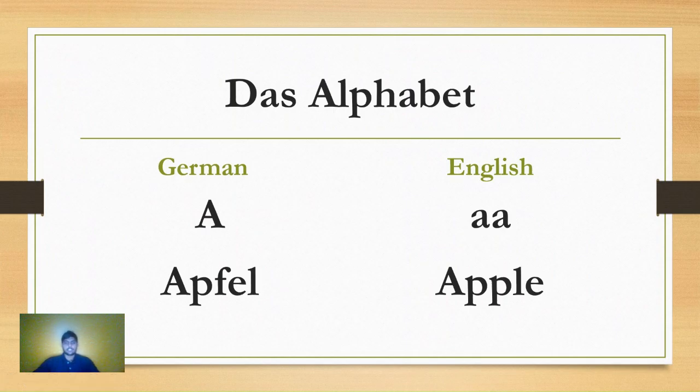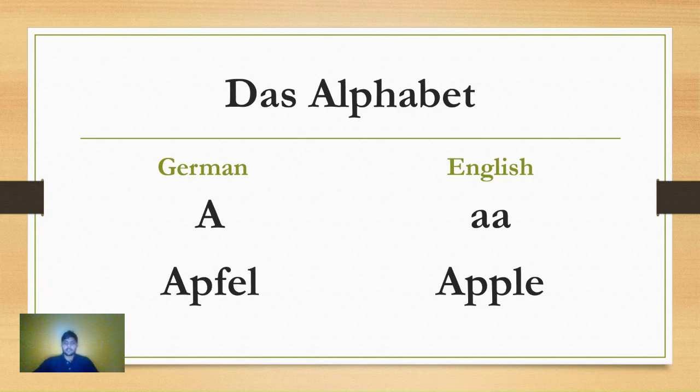So I would like to tell you there are 26 letters taken from English and 4 other letters have been added. So there are a total of 30 letters in the German alphabet. Okay, on the left-hand side you can see the German letter and on the right-hand side you can see the pronunciation, how to call that letter in German. We have written the meaning of the word in German and in English, so that you can compare how to call it, how to pronounce it, and what it means. Also we'll learn 30 new words in German. Okay, so